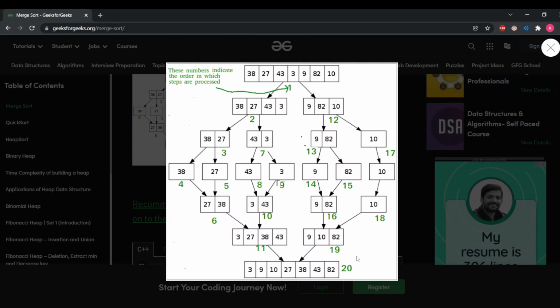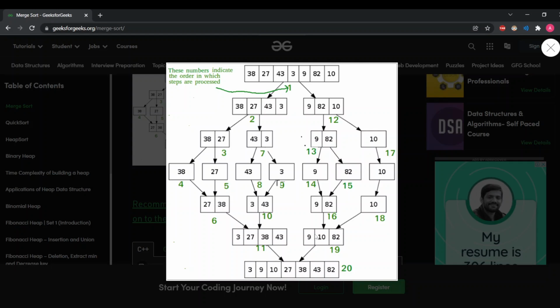So what we did was first split the array until we had single elements. Then we merged the arrays in a sorted manner, and that's all for merge sort. The time complexity of the merge sort algorithm is O(n log n) to base 2, as we are splitting the array into two subarrays. One thing to mention here is that we are using some temporary arrays to store the split subarrays and the merged subarrays.